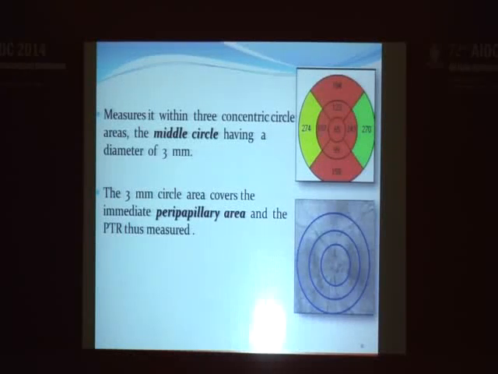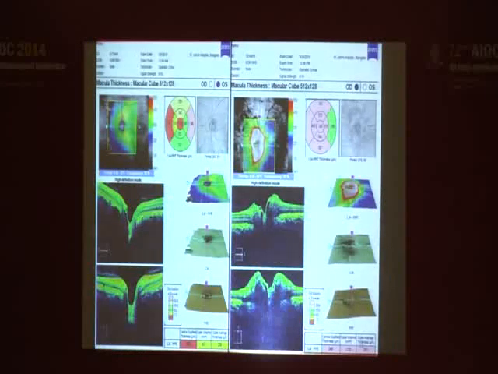The OCT measures using a macular cube acquisition protocol in 4 sectors: the superior, the inferior, the nasal, and the temporal. It measures this in 3 circles. We took the middle circle for the calculation of thickness because the middle circle corresponds to the immediate peripapillary area. So if we know the thickness of this site, we might be able to diagnose early papillary edema. This is a printout of the OCT with the macular cube acquisition protocol centered on the disc in a normal subject, and then one with an edema. You can see that there is increased subretinal fluid accumulation in this patient.